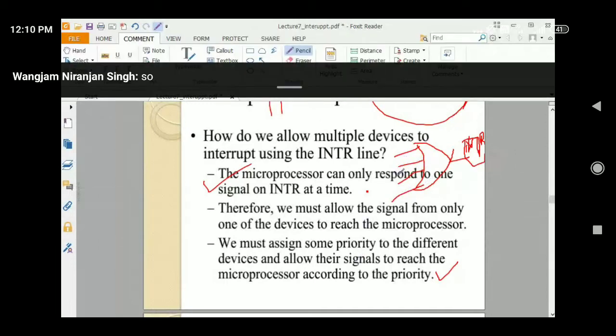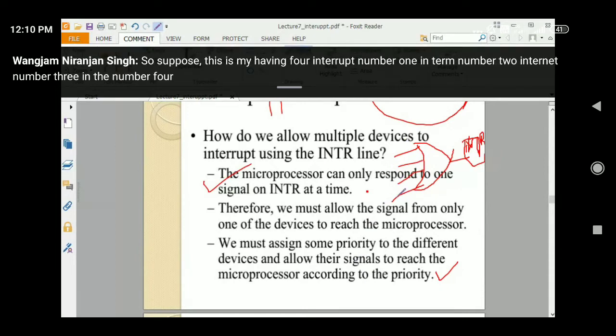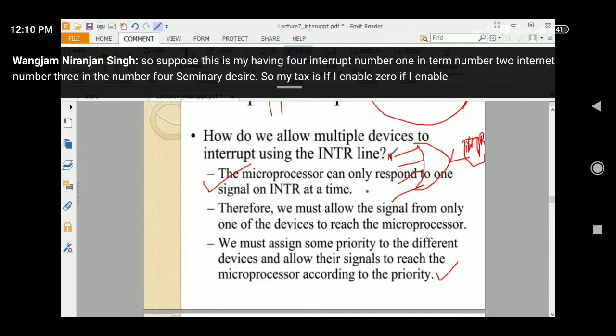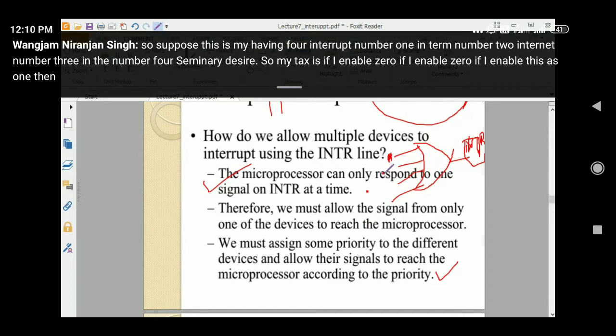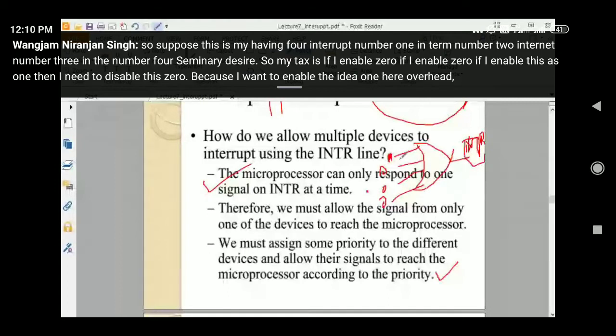Suppose I have 4 interrupts: interrupt number 1, interrupt number 2, interrupt number 3, interrupt number 4 simultaneously. So my task is, if I enable this as 1, then I need to disable this 0, because I want to enable that one. और अगर इसके साथ और 1 होगा तो 1 आना है ना.